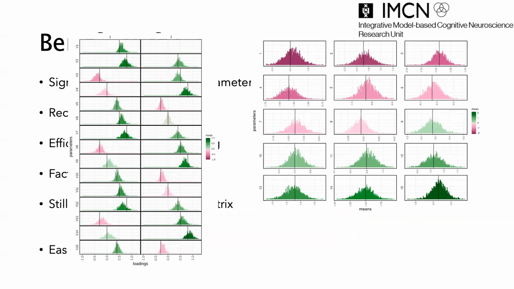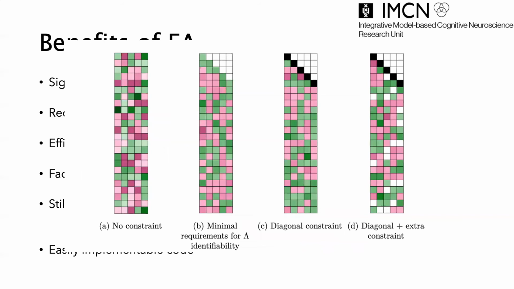Secondly, we've shown through simulations that the recovery of the covariance matrix is quite good in the factor structure, even when we use differing factor loading constraints. The constraint is placed on the factor loadings to protect against the sign switching problem, and more of this can be seen in the paper.